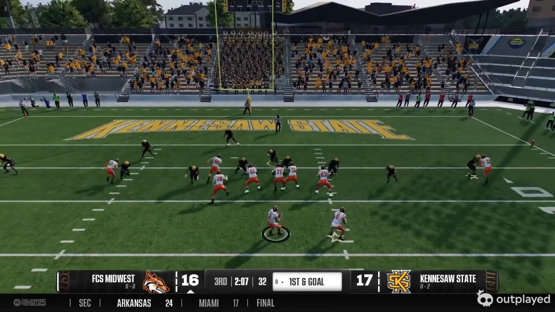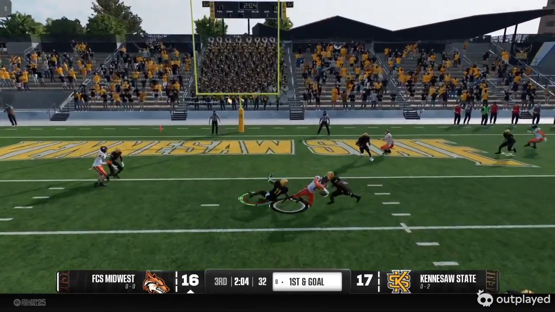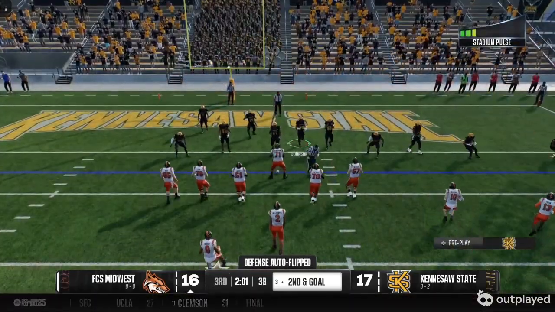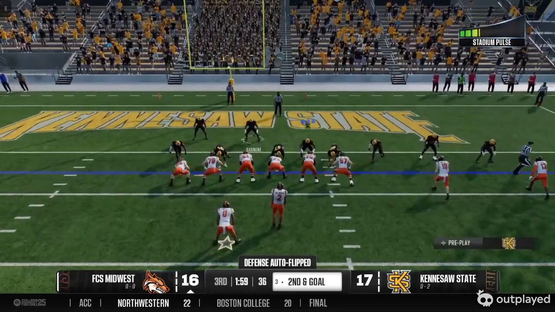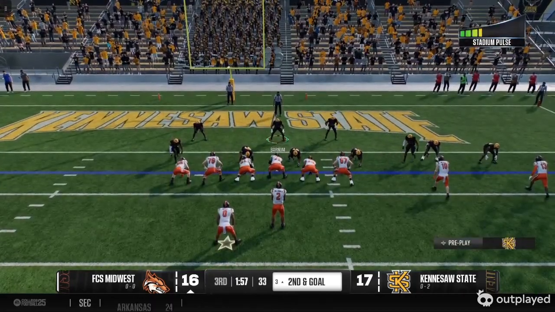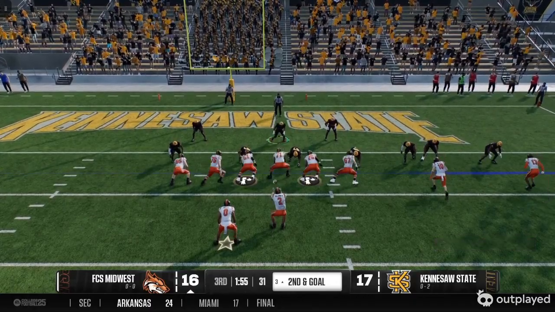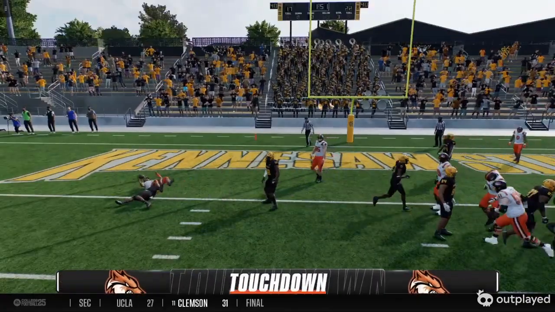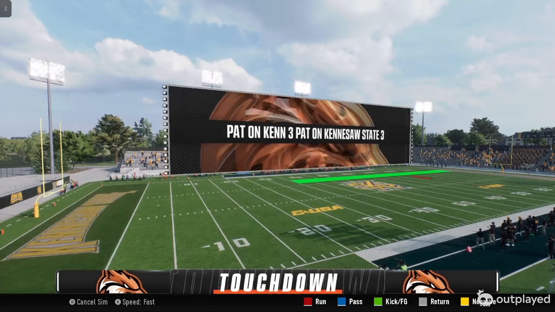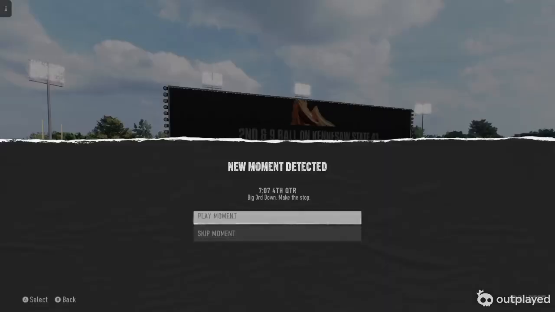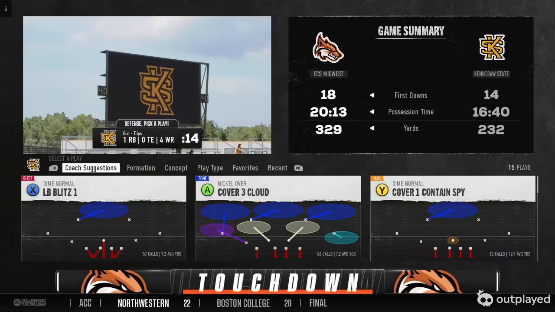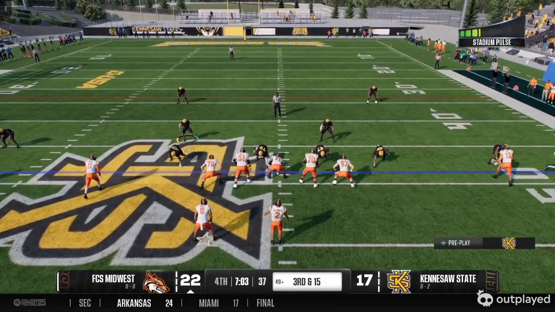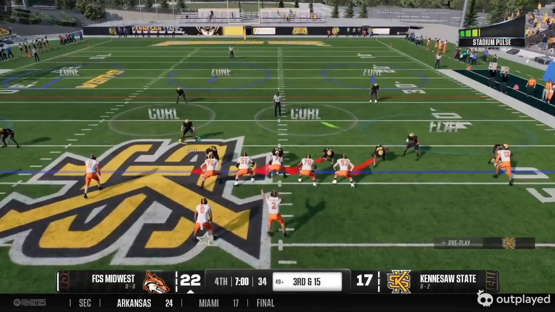Let's see if we can get a stop here. He holds on to the little drag route. Dilworth also has 2 picks today, so defense is... Our secondary is playing well, leads the team in tackles every game. And Dilworth's going to find the end zone on the read option. But our secondary's been playing well. We've had multiple interceptions each game, I believe. At least 1 per game. I know we had 2 last game. Maybe we only had 1 against Northwestern, but